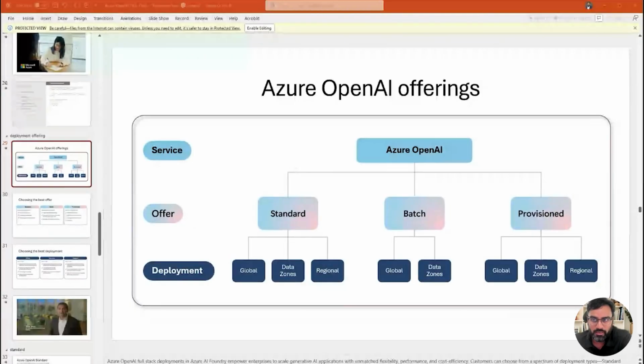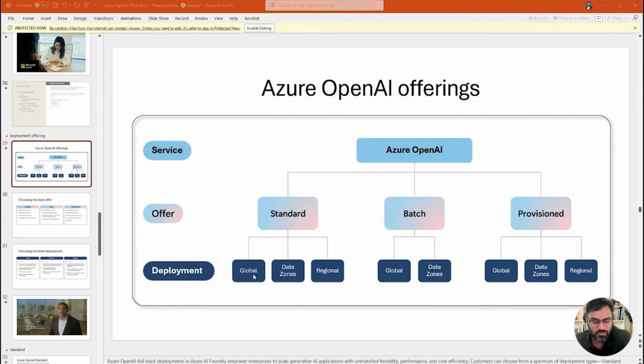So typically, when you deploy these AI models, Azure offers multiple ways for you to deploy them. One of them is the standard deployment model. In this standard deployment model, you have global, data zone, and regional deployment models. So whenever you go to Azure Foundry and deploy a model, you can choose the deployment scope.